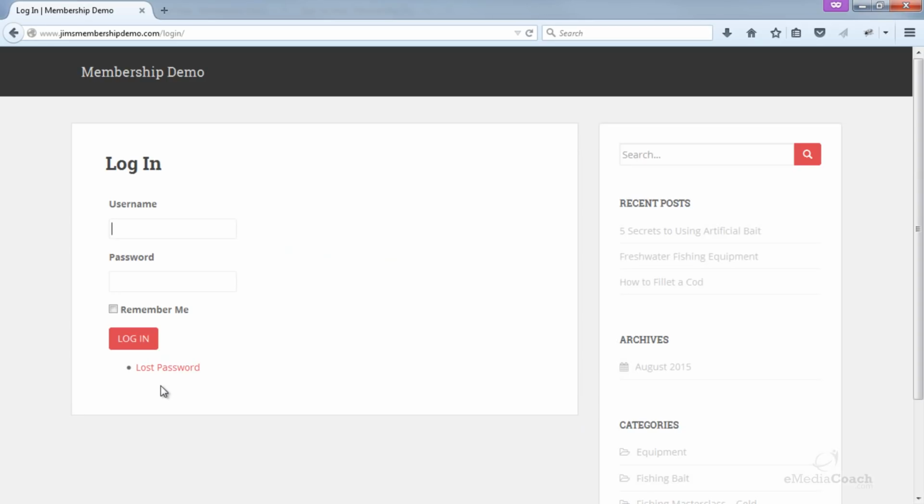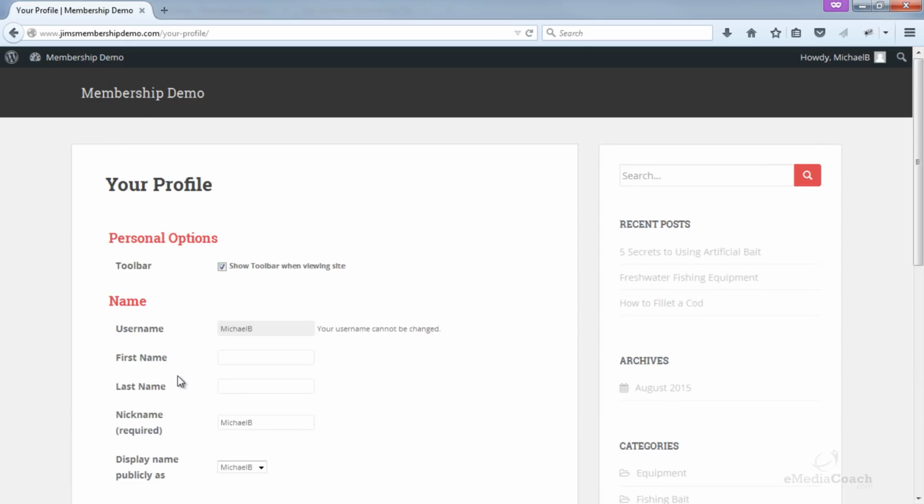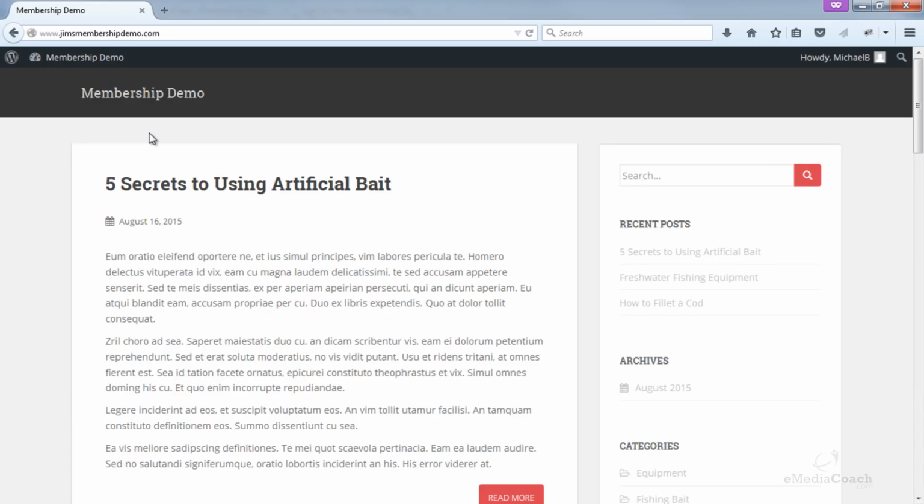It really amplifies and streamlines the user experience on your membership website. So they can come to this login page, they can use their username and password that they signed up with, and there we go, they are logged in and able to access all of your logged content.